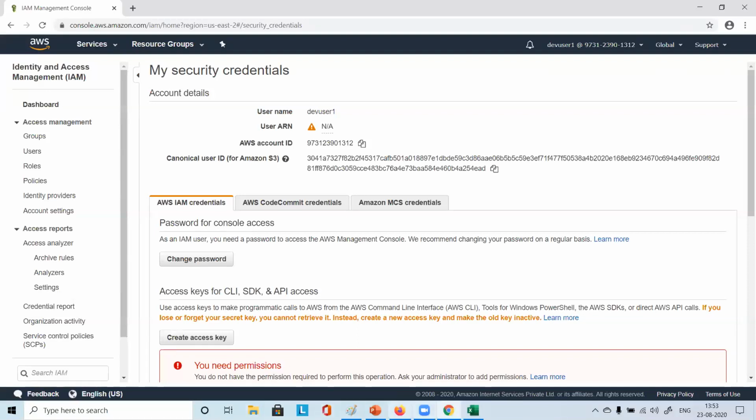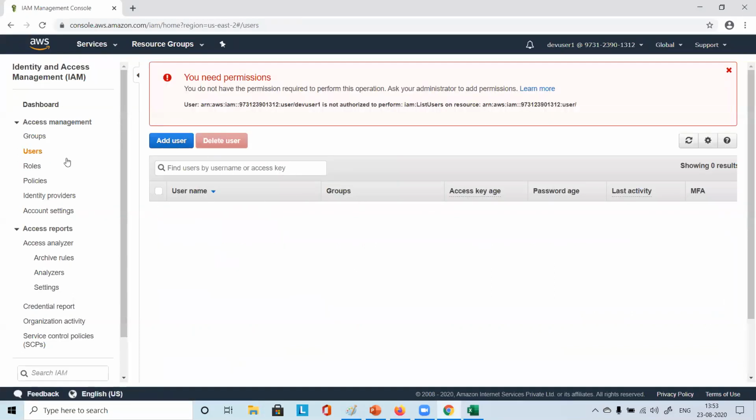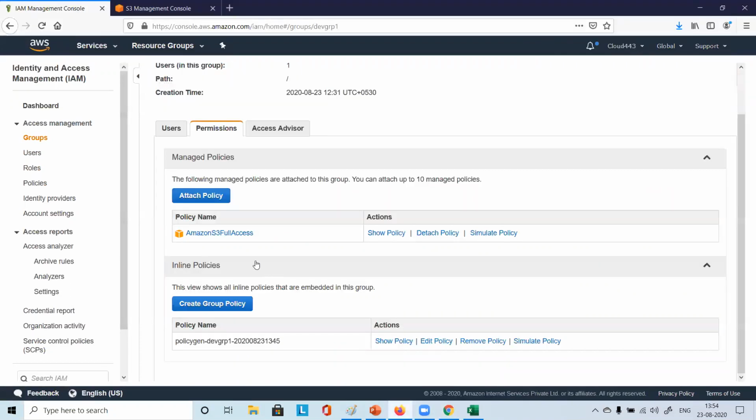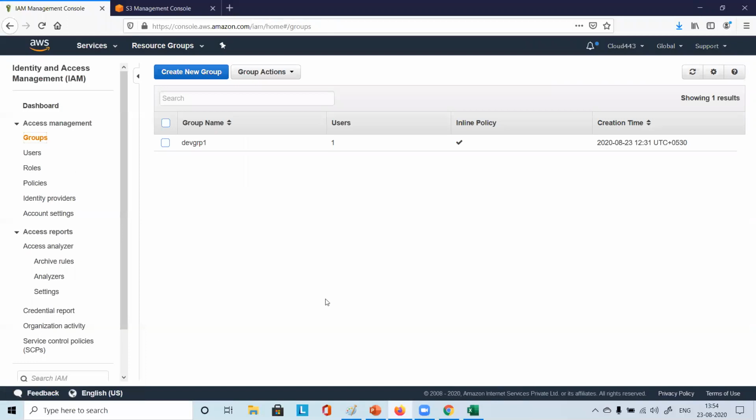Yes. Now this user cannot see anything, right? This user doesn't see any group or user. Say this user is not a user administrator, and cannot even see any other roles, any other group, anything. Now what we can do is become root, and maybe create an additional group for some other purpose. So that is the purpose of a group.